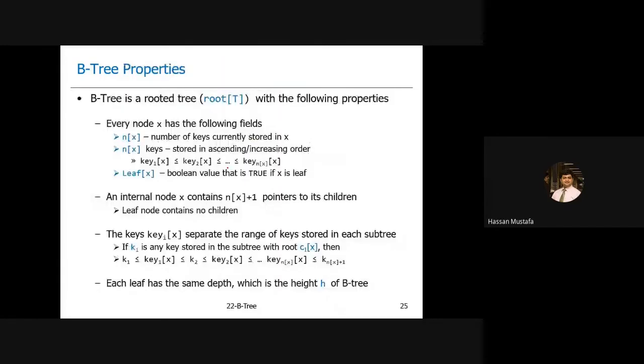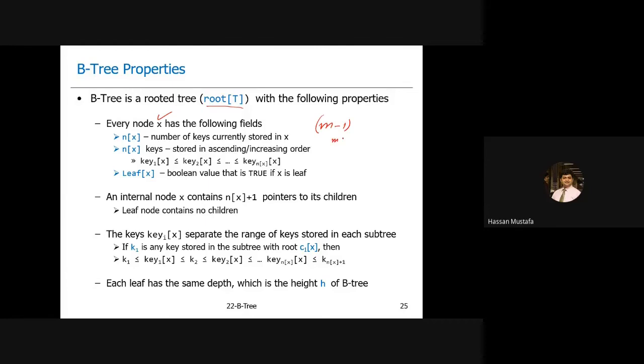Okay, so now we'll go to the implementation of a B tree, and we'll try to see how we can implement it. A B tree is a rooted tree, that is it has a root node, which of course a tree is a rooted element. Then every node, if I call that node x, has a few fields. We'll see what these fields are. n of x denotes the number of keys. So a tree is of m way, and m minus 1 keys should be there in a non-root node, but there can of course be fewer keys as well.